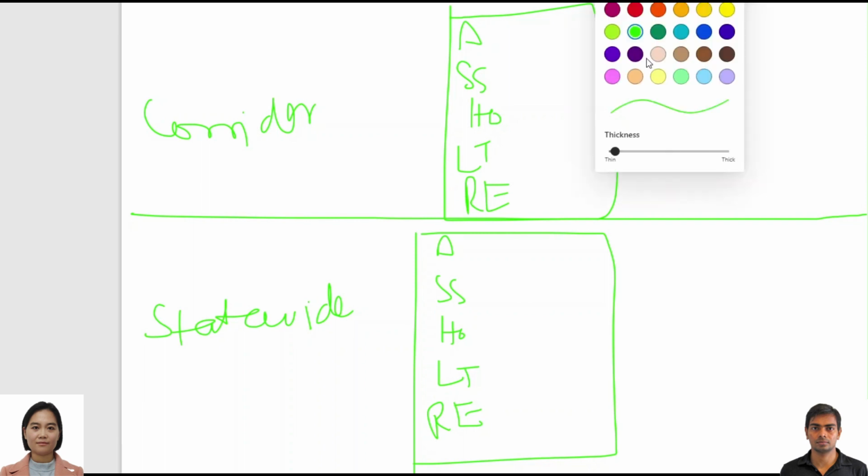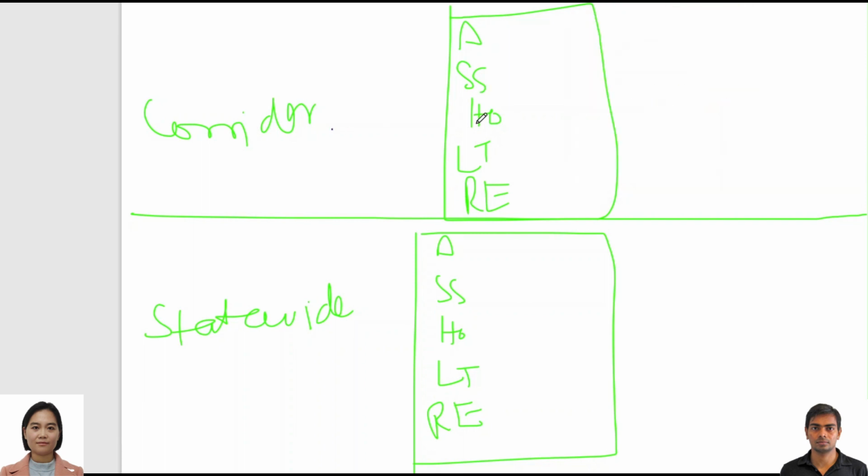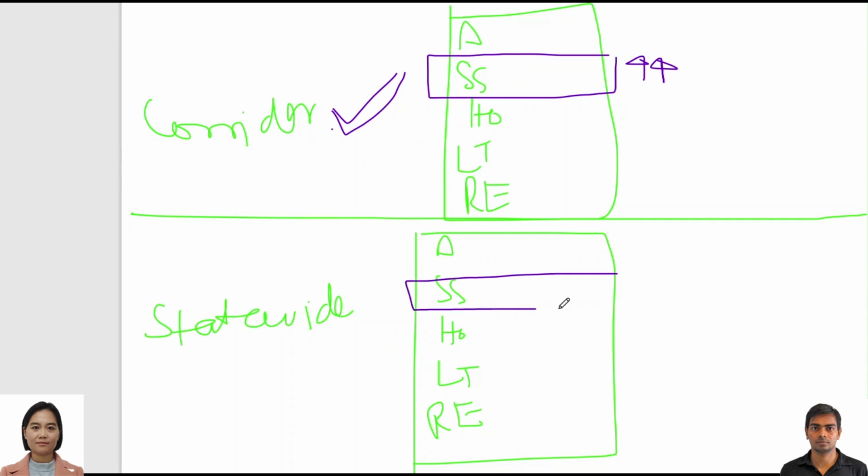we can try to see which attributes are different and which attributes are more significant. We are mostly interested in attributes that are higher in the corridor. So for example, let's say the rear end in both of them are similar, left turn are similar, head-ons are similar, but side swipe crashes for the corridor are significantly higher than the side swipe crashes in the statewide